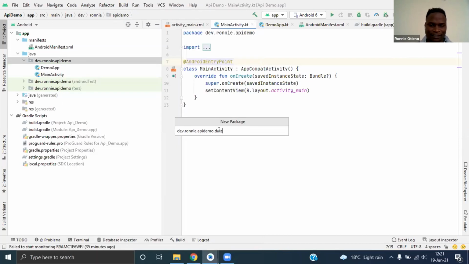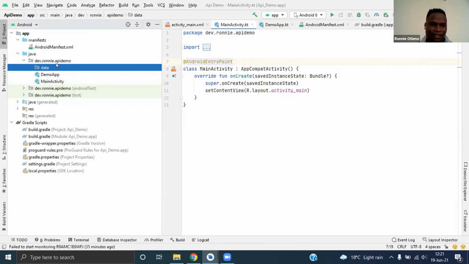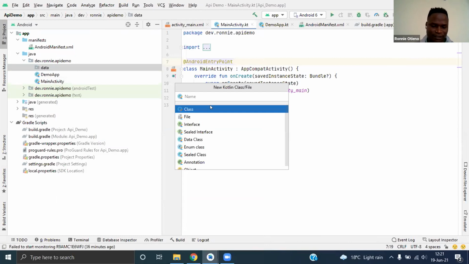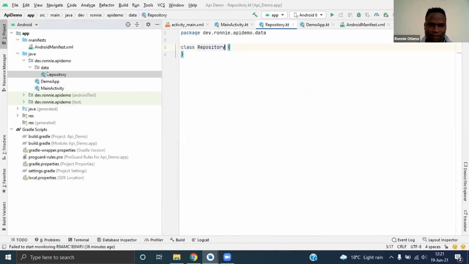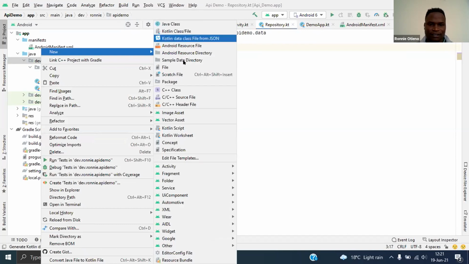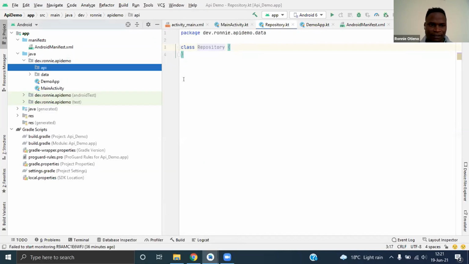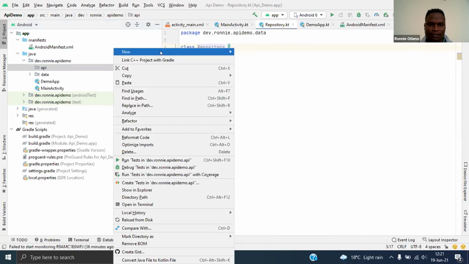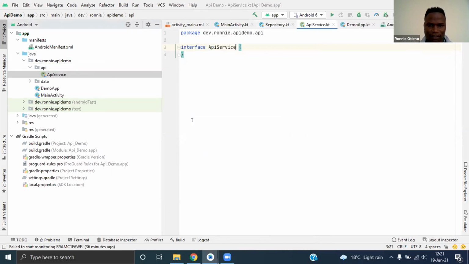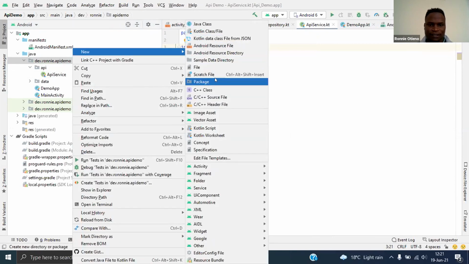Yeah. So the second thing that we need to do is just create a package. We just call it data for now. Here we will have, let's just call it repository. And another one, let's call it API. Here we'll have an interface, API service. Let's call another one DI.